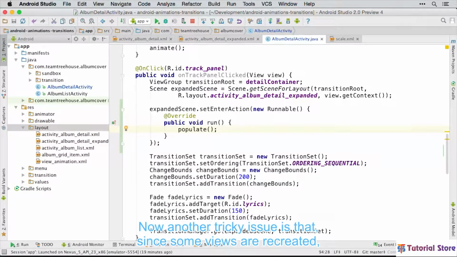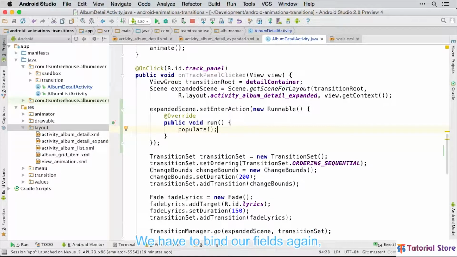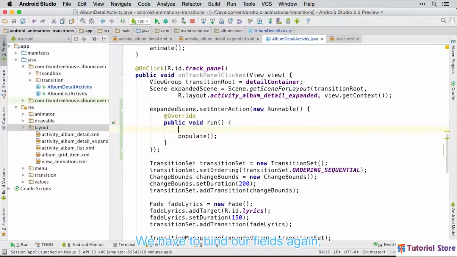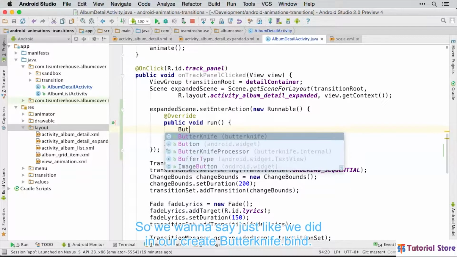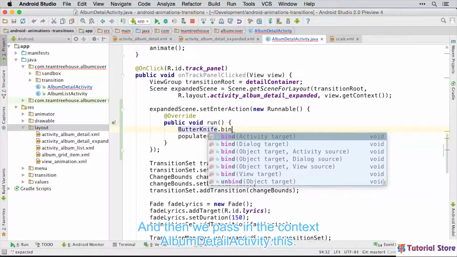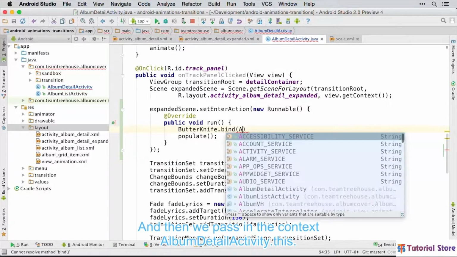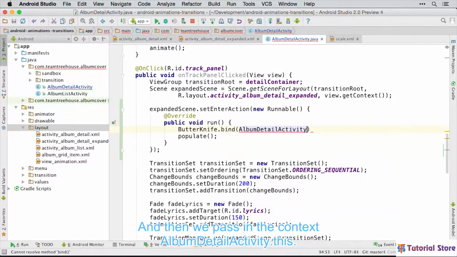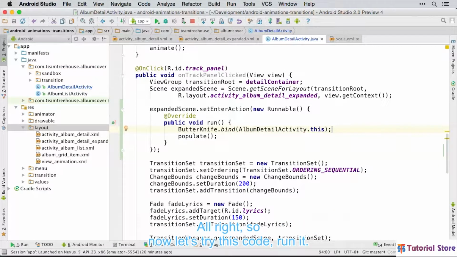Now, another tricky issue is that since some views are recreated, the corresponding fields bound by Butter Knife no longer refer to the views on the screen. We have to bind our fields again, otherwise even populating it wouldn't solve this problem. So we want to say, just like we did in onCreate, ButterKnife.bind, and then we pass in the context, AlbumDetailActivity.this. All right, so now let's try this code, run it,